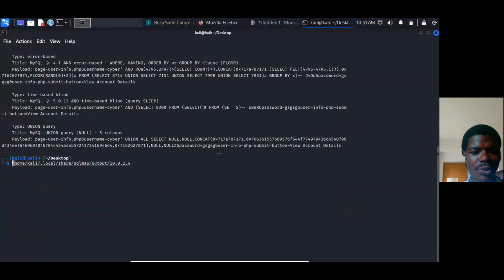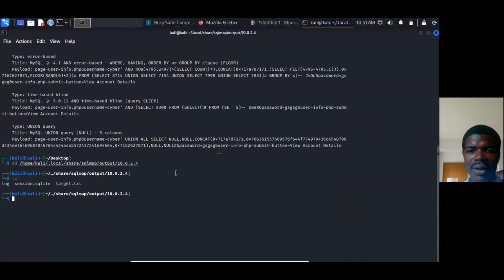What I'm going to do is cd into it. CD means change directory. So I'm going to list the content under the current directory now. As you can see, target.txt,